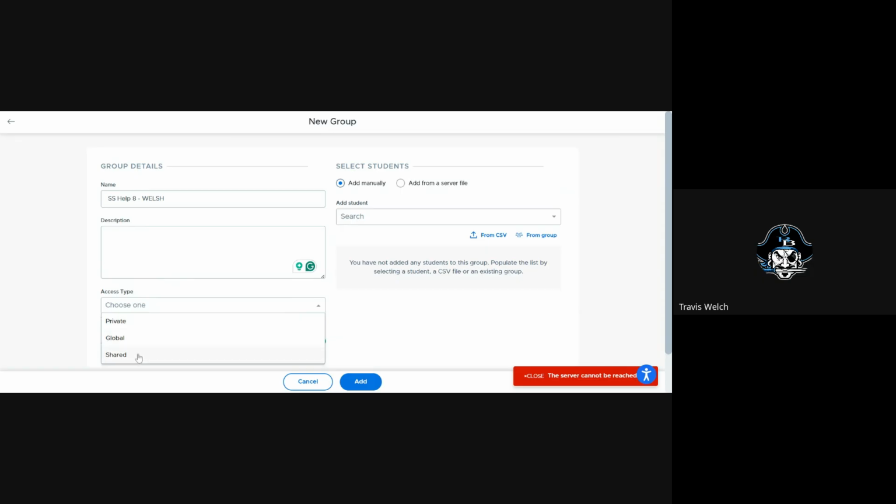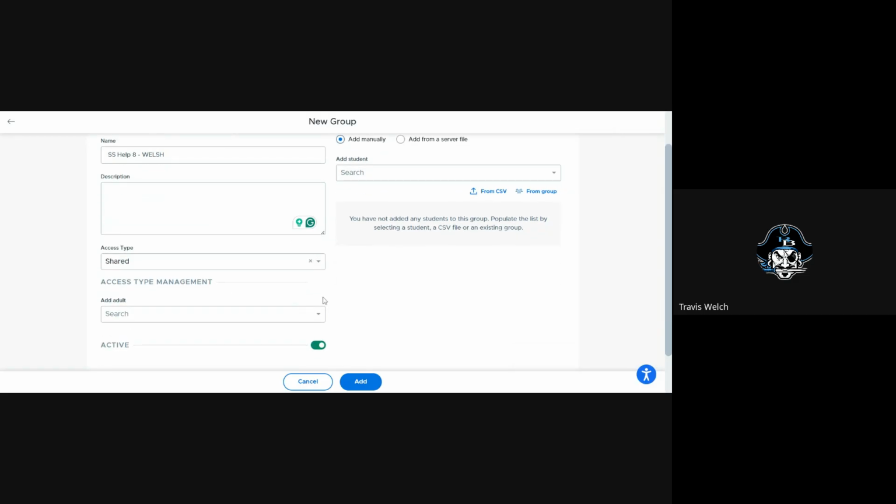If I'm creating a group for you that you're going to use, I would do shared. What that means is I am sharing my group with someone else, meaning that whoever I put down as the additional adults, those people are going to have access to change who's in the group. Basically, this is for teams. If you have partner teachers, math, ELA, and you want to create separate groups, you have your accelerated group, you have your remediation group, and you only want to get those students during the buck time, you can go ahead and create